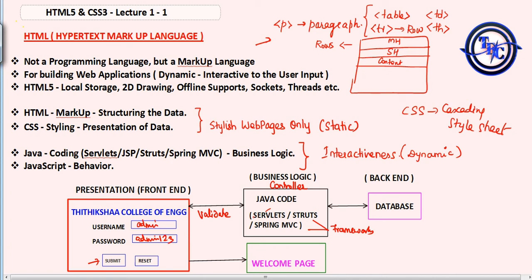If it's right it will take you to the welcome page, and if it's wrong, it will take you to the login page. So this is a simple concept.